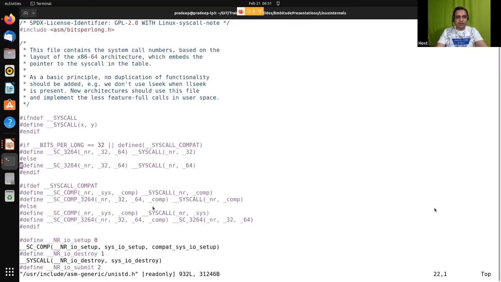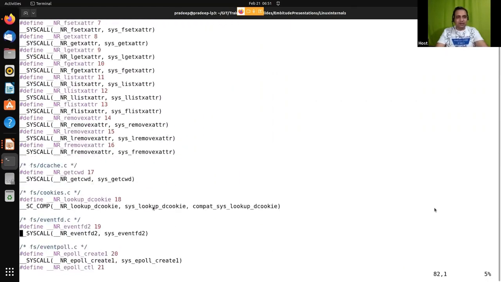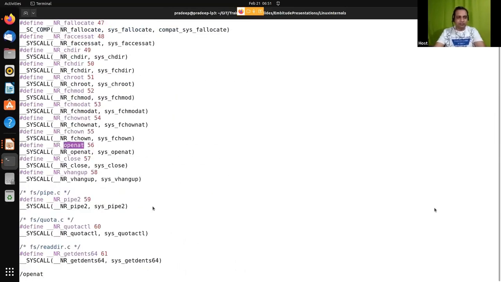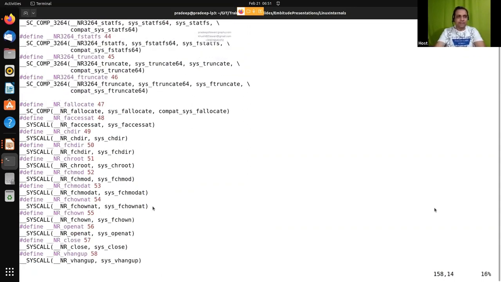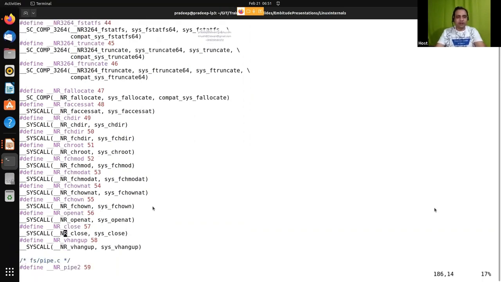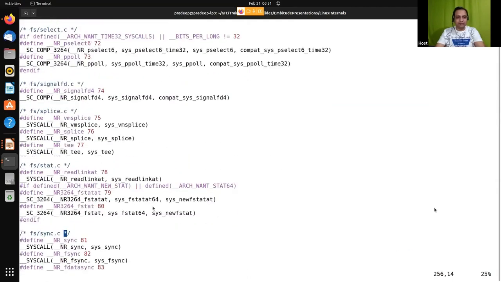If you see these system calls, one of the things you will notice is that you have the open system call. You have close, chown, and all those kinds of system calls. So overall, if you look into the list,